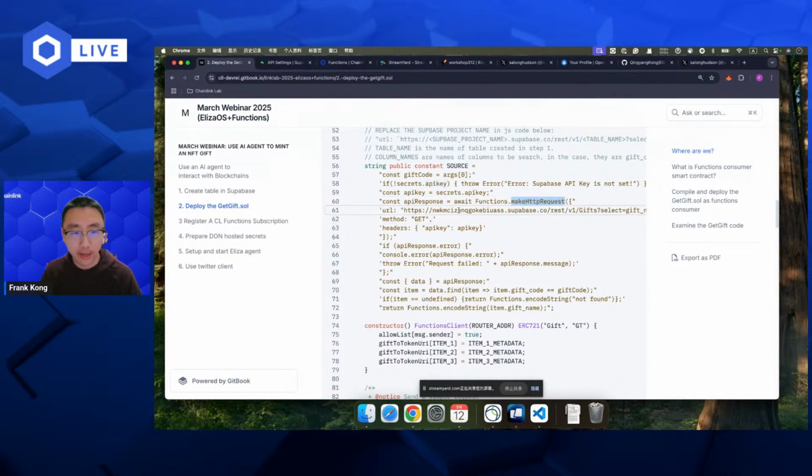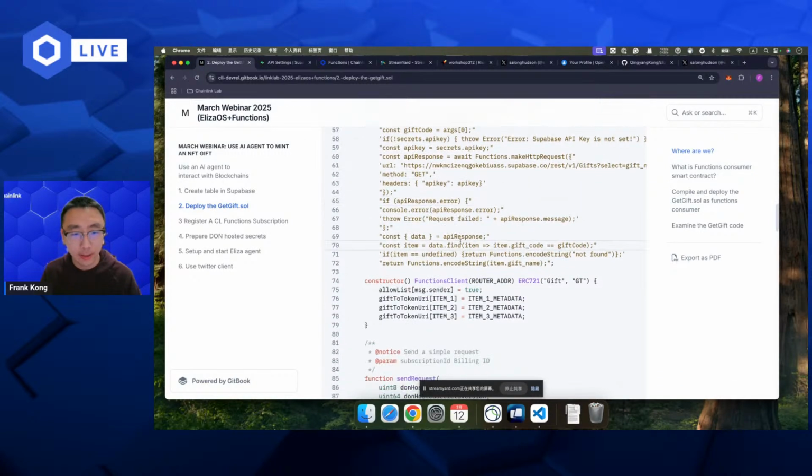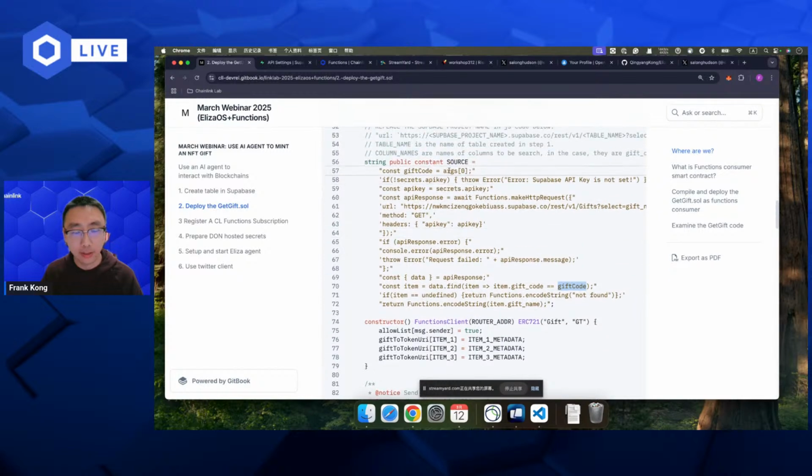We have this URI, we have get as the method, and we save the credentials in the headers. Then we run this code to send the GET request to the table, get the data from the response, and check if we can find the gift code we got as the first argument here.